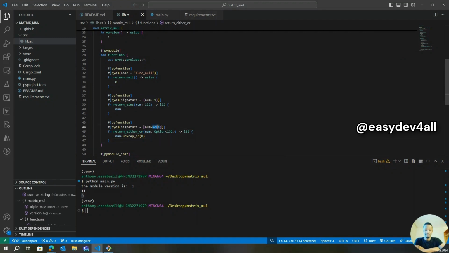So when they don't, of course, this would be none. And in that case, we would get back 0 as the default. And when they do, then we'll of course return that value. So that's also one cool way we can develop while keeping Python in mind. So the next thing, of course,